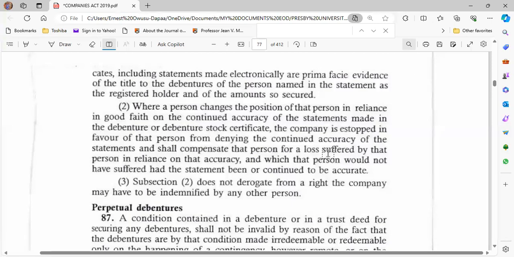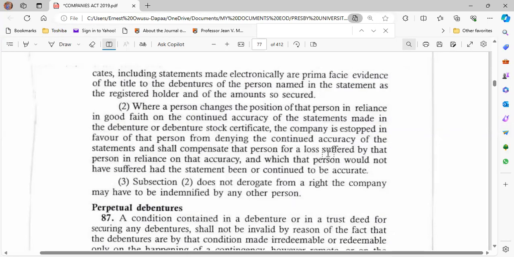And as a matter of fact, you did not really give 1 million to the company, you gave 100,000 Ghana cedis. But they made a mistake. Instead of writing 100,000, they added another zero for you to appear as 1 million. So that is what section